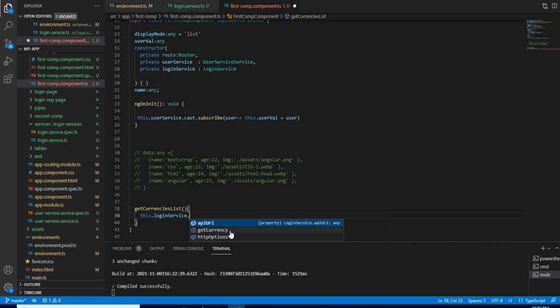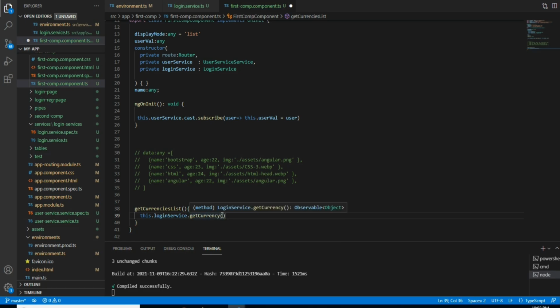This is to access the property, and this is the functionality get currencies. I will use this. If you are doing a post method, you need to send whichever data you want to send from here.